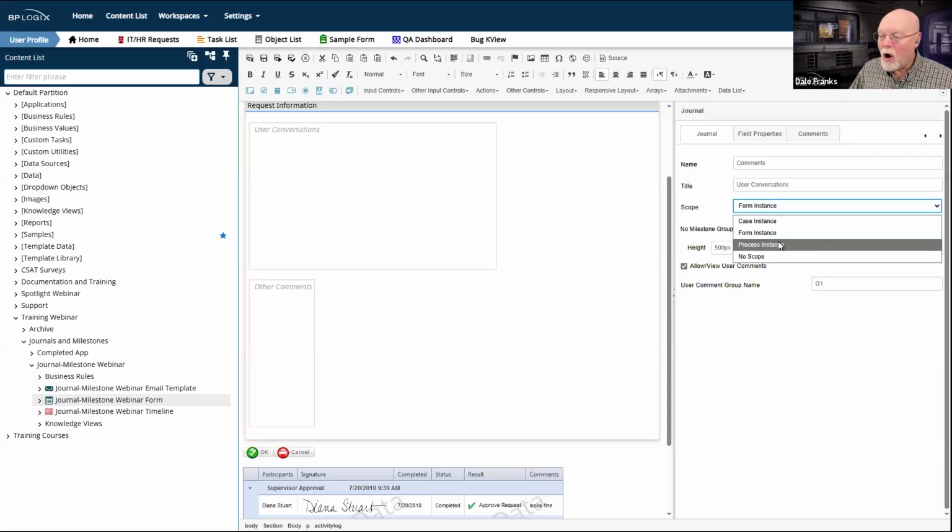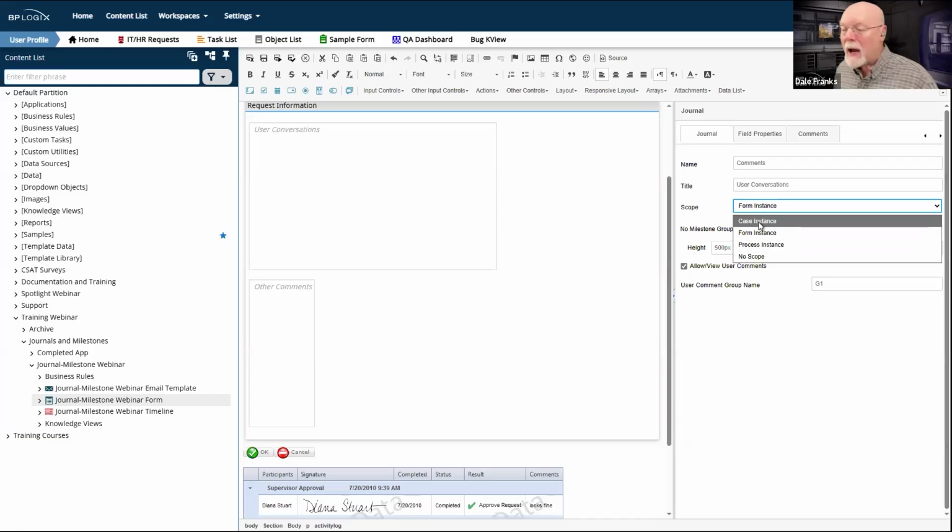However, when you are out on the process instance, and especially when you're using case instance, where I could have, at any given time, multiple processes running and a whole bunch of different people looking at a whole bunch of different forms. For example, in my auto insurance scenario, there might be 6 different processes all running at the same time. I think as a practical matter, they wouldn't all run at the same time, but the possibility exists that they could, which means at any given time, I have 6 different people looking at 6 different forms, potentially each of them all making comments on all those different forms.